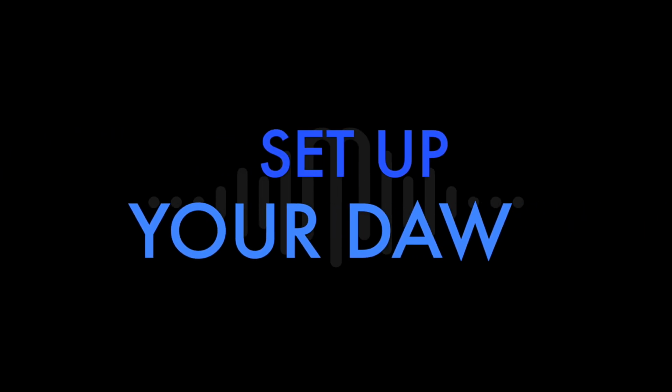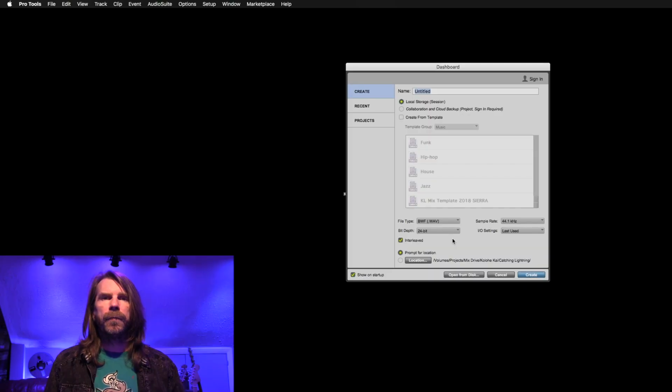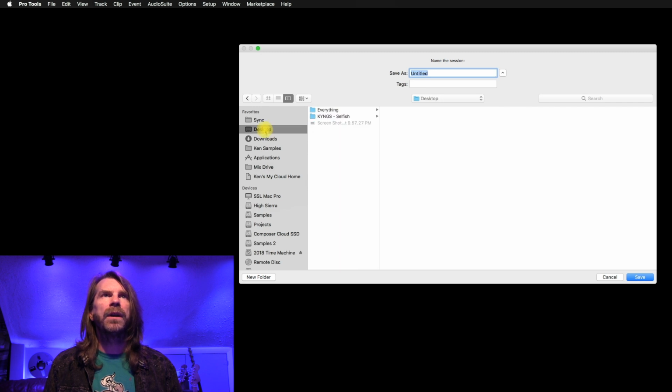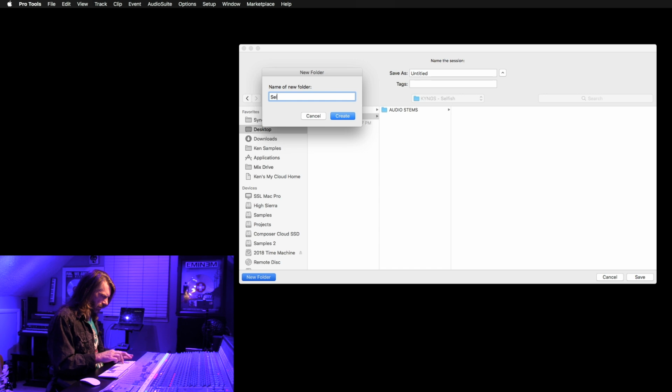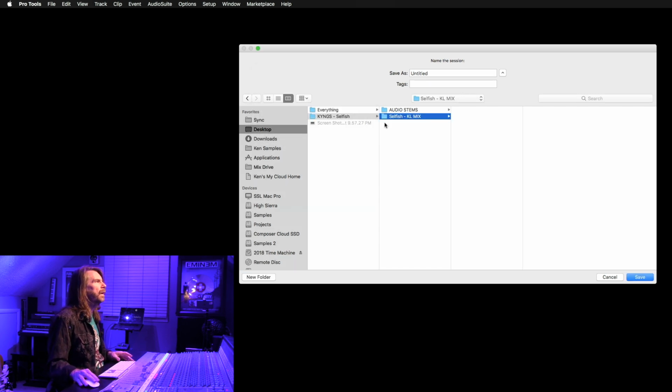Number 2, set up your DAW. So now I'm going to create a new session in Pro Tools. I've already figured out my sample and bit rate from step 1, 24-bit, 44.1. So here we are, 24-bit, 44.1. Interleaved, and I'm going to create a session. It's going to ask me where to put it, and I'm going to put it in the Kings Selfish folder. Selfish, KL Mix. And then I'm going to name the session the same, Selfish,